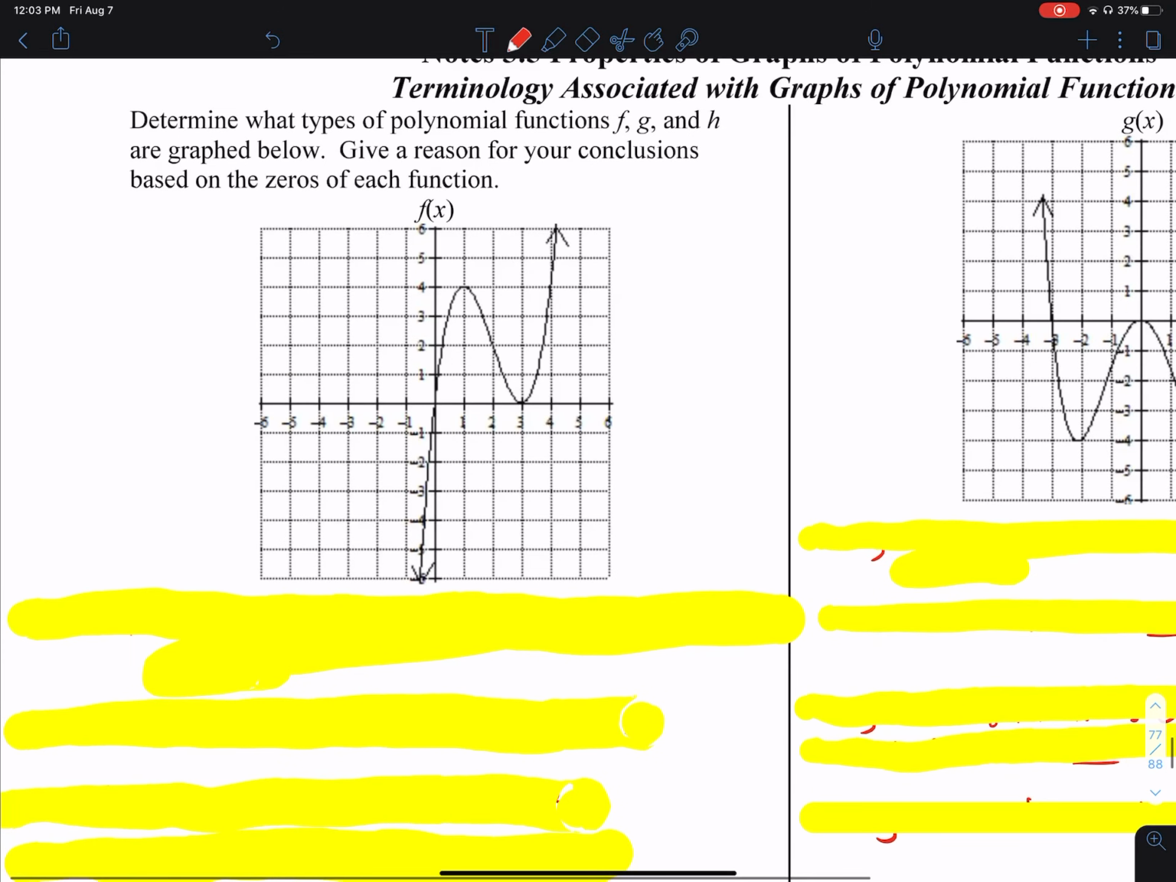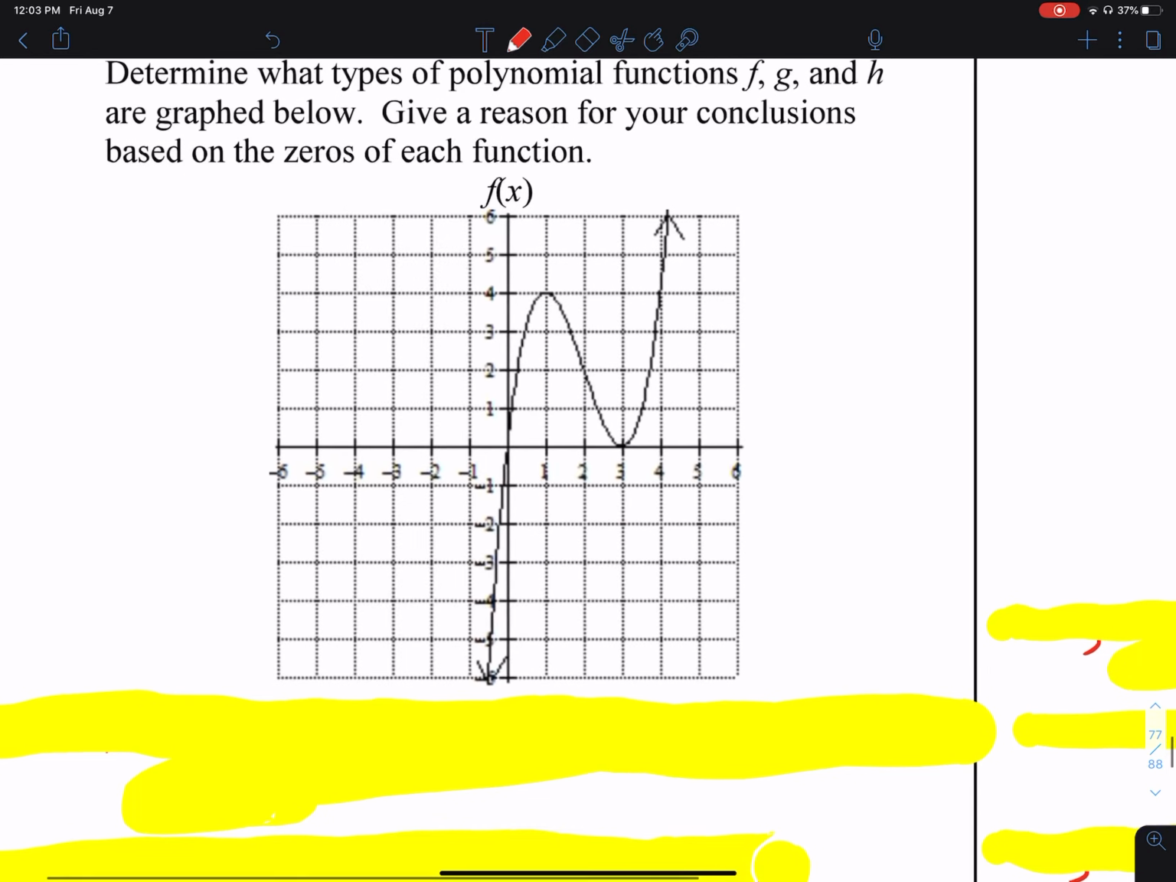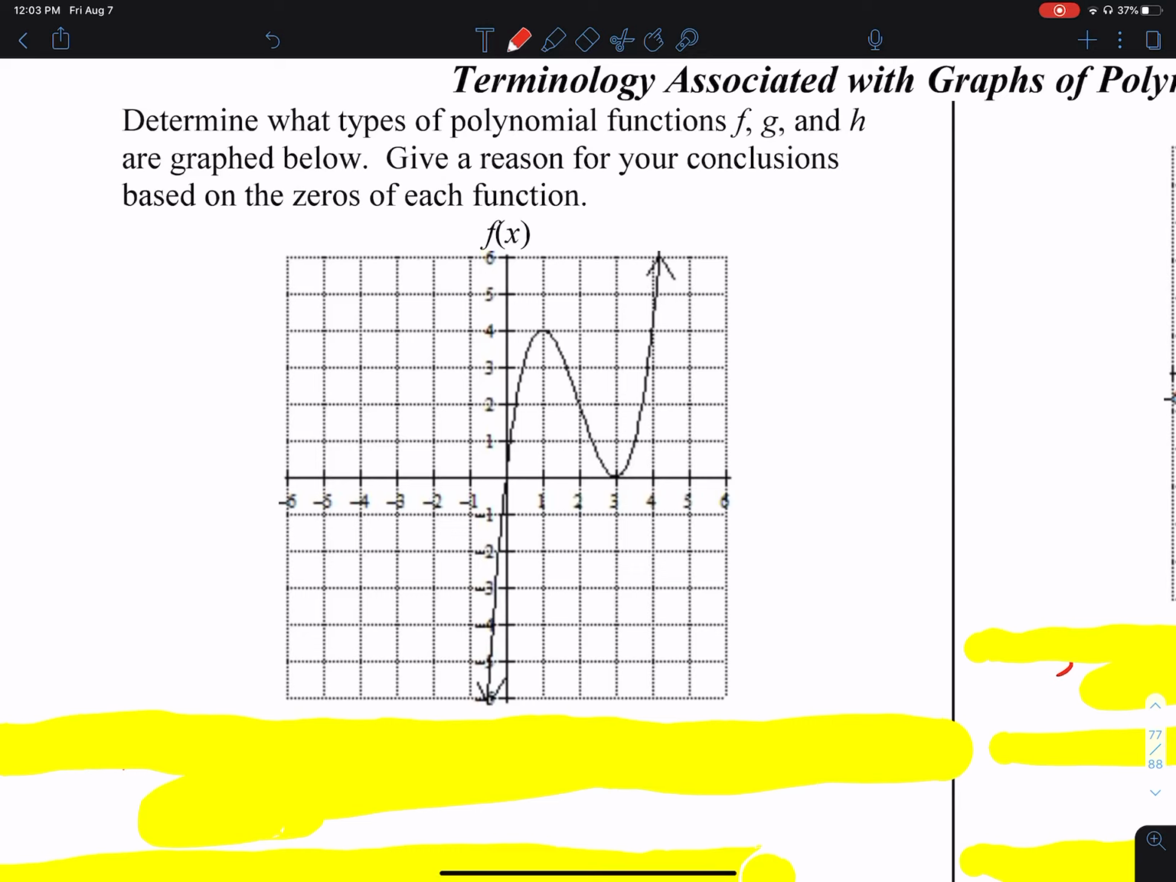Determine what type of polynomial function f, g, and h are, as graphed below. Give a reason for your conclusion based upon the zeros of the functions. Okay, so if it's based upon the zeros, we have to determine the type of graph and give a reason based upon the zeros. Well, this zero right here